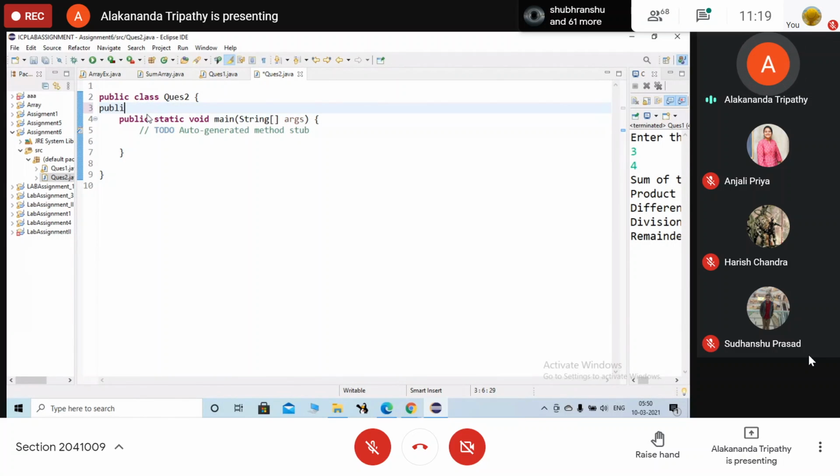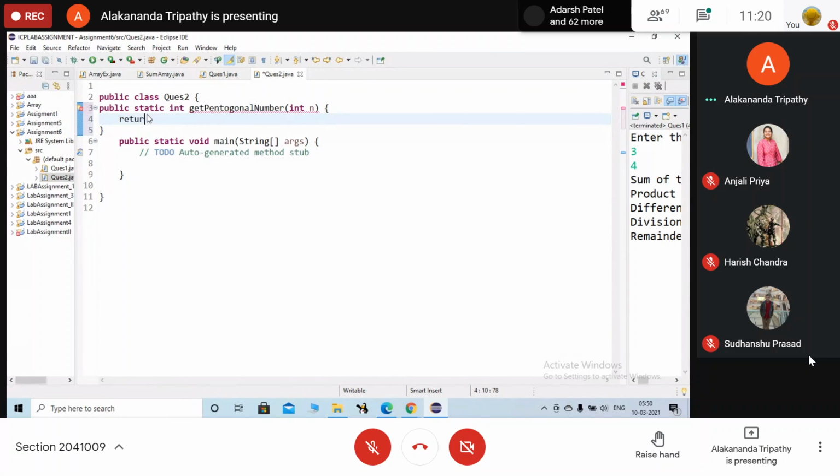So method क्या होगा? Public static int get pentagonal number int n, return n into 3 into n minus 1 divided by 2. Okay, in the main function,